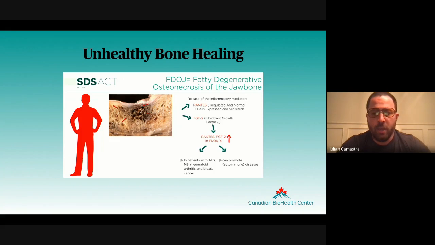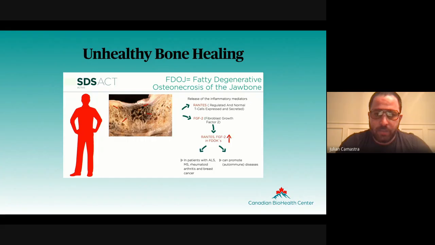Like she said, you can have a patient with multiple sclerosis, for example, and the studies show that they have this marker high in their blood. And, you know, conventionally, we don't know where it's coming from. One of the main areas to look for would be if they have one of these cavitation sites in the jaw. I'm going to share a case later where I did have a patient who came with multiple sclerosis, and we treated her cavitations, and then I'll save what happened for a little after. But yeah, so these things are found elevated in the blood, FGF2 as well,